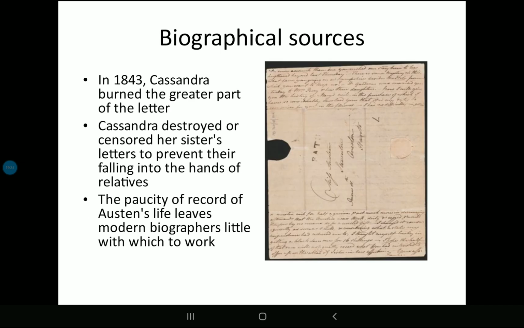In the biographical sources, we find that in 1843, Cassandra burned most of the letters. Cassandra destroyed or censored her sister's letters to prevent their falling into the hands of relatives. The paucity of record of Austen's life leaves modern biographers little with which to work. So this is, on the right hand side, you can see